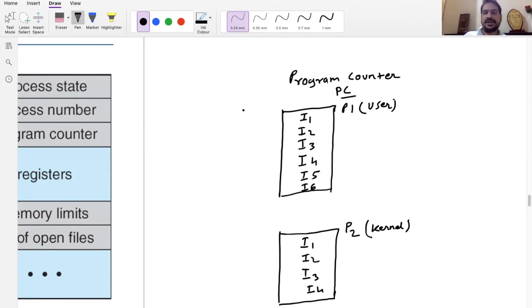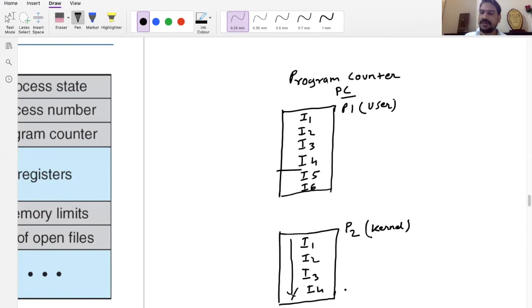Now let's see, previously your user process is running on the CPU, and after this there is an interrupt, like a software interrupt. So it is going to execute the system program, and the system call is there at the kernel level. So it is going to execute instruction 1 of the system call, 2, 3, 4, and 5, and again at last we have